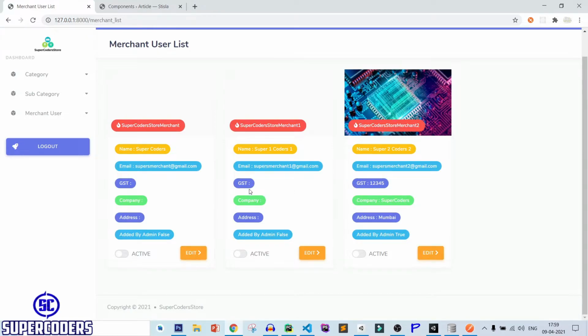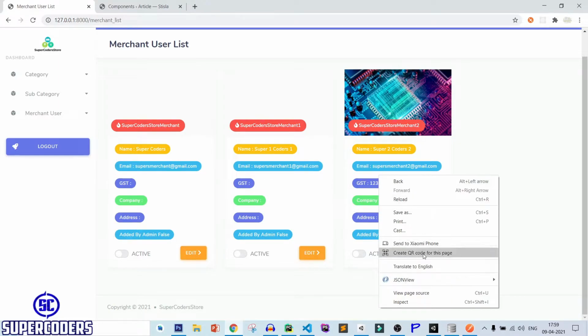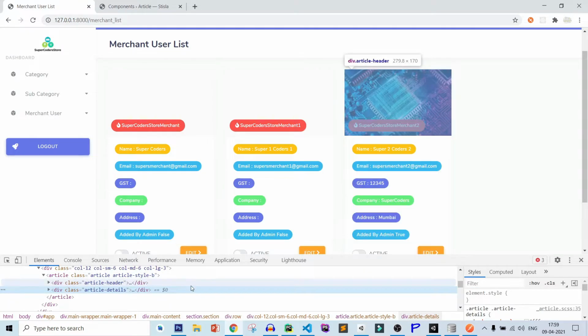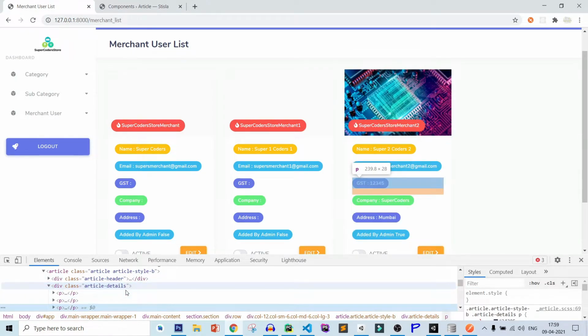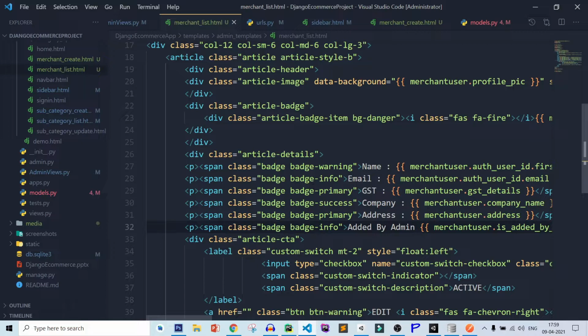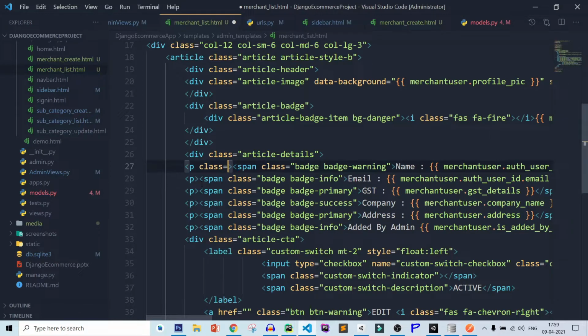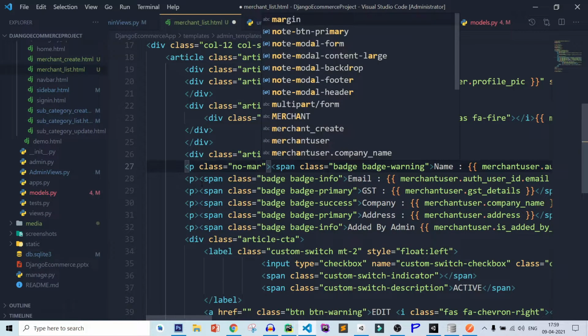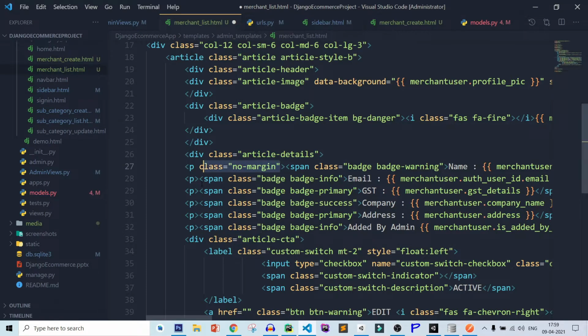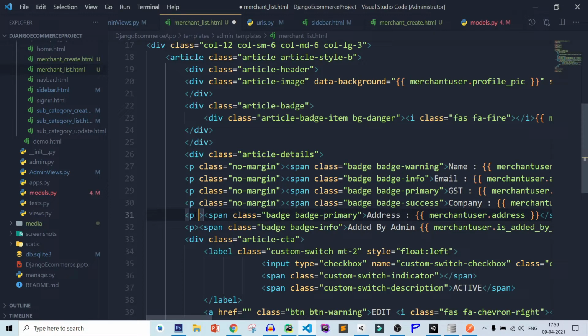And let's do one more thing, remove this spacing here. So inspect, and here is margin. So add a class, class equal to no margin. Copy it, paste it, paste it, paste it, and paste it.